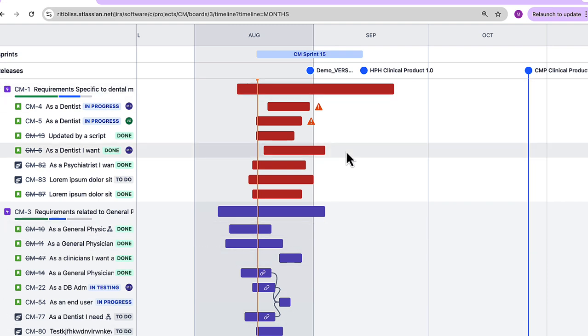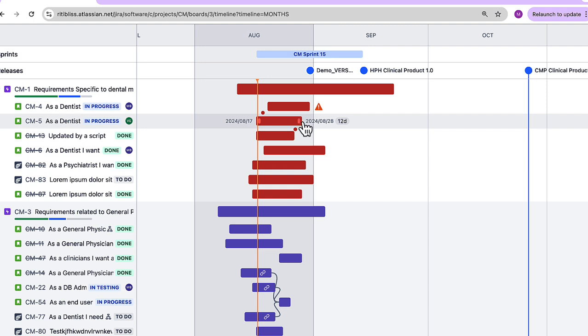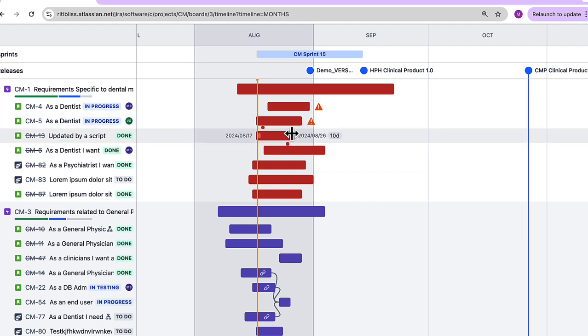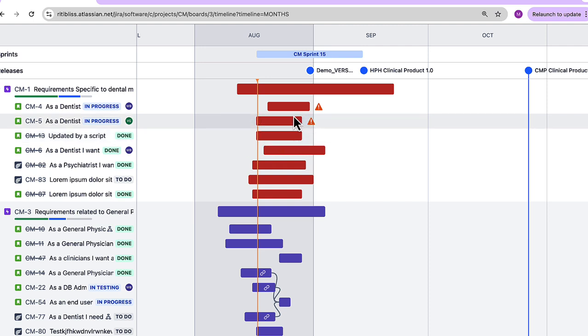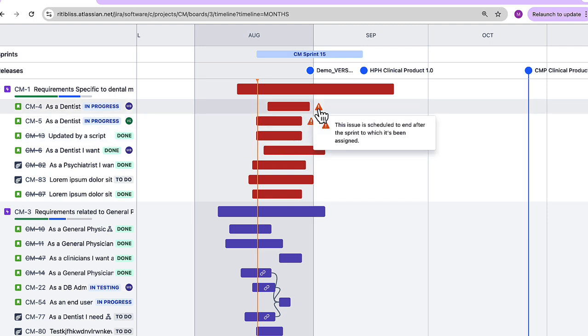Yeah, and from here we can see very clearly when this issue is planned for starting and ending. Now let's say if I want to make any changes to the particular issue, I can simply do it with the help of dragging this bar. And if there are any issues or problems within the planning, we can clearly see with the help of these